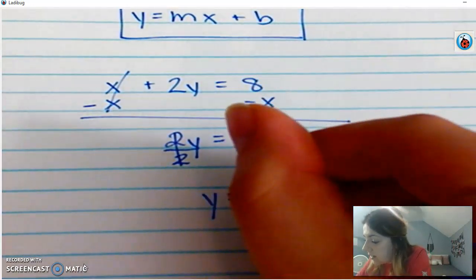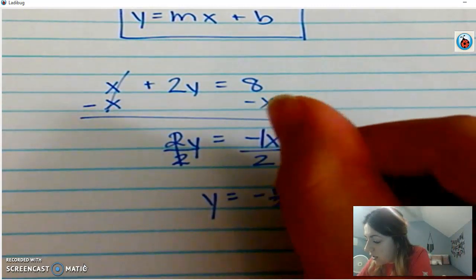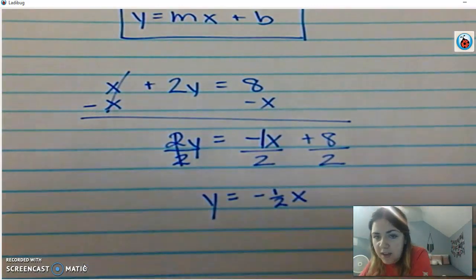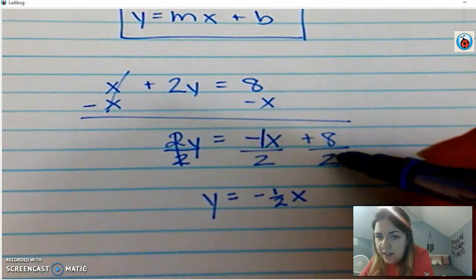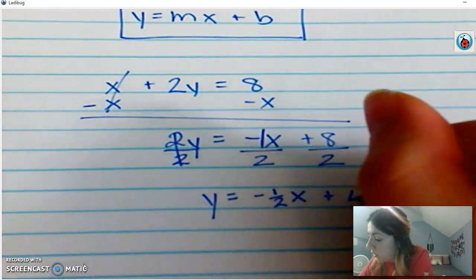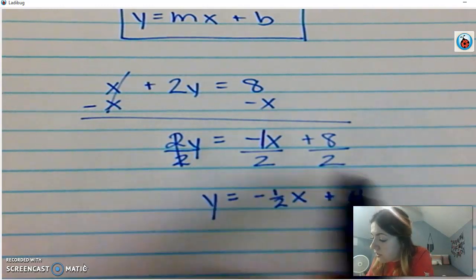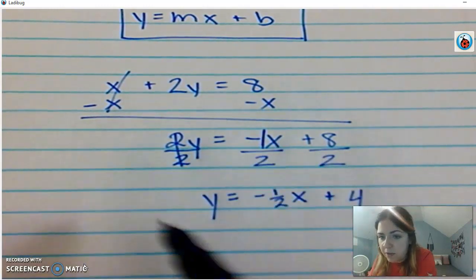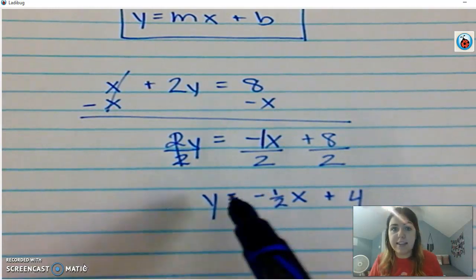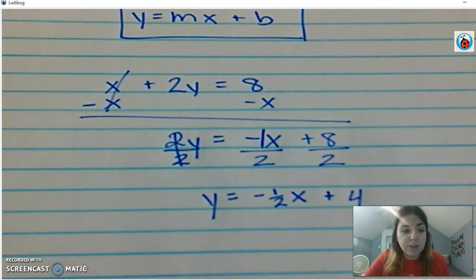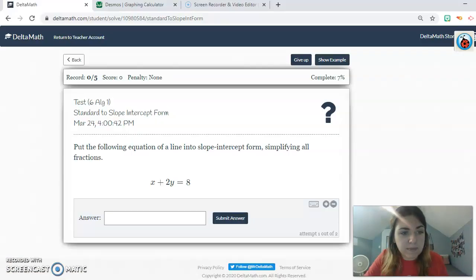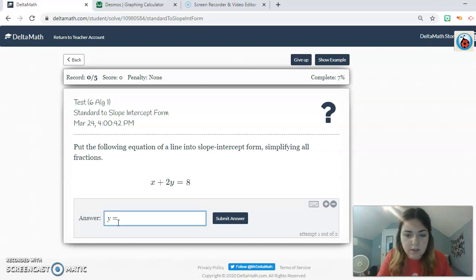So I'm going to write negative 1/2 x, and then positive 8 divided by 2 is positive 4, so it's plus 4. And now if I look at my equation, all of my fractions are simplified because the negative 1/2 doesn't get any more simple. So I can go back and type in my answer, and you're going to type y equals